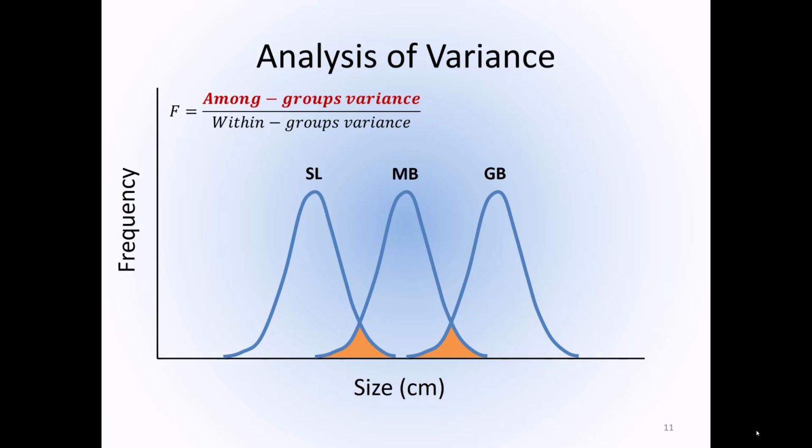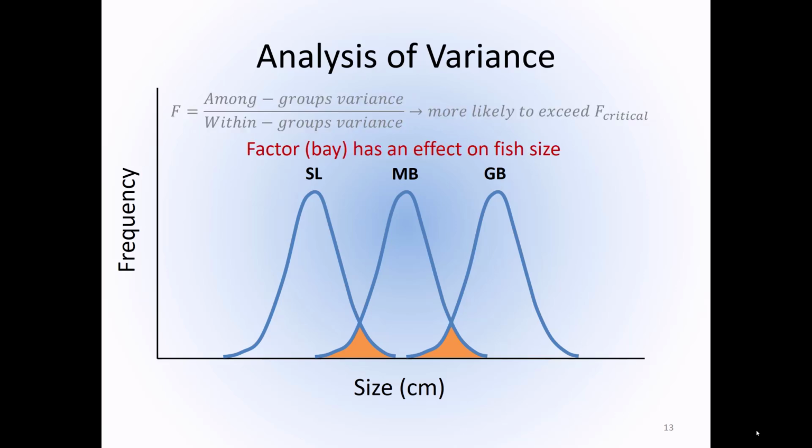And so as the value for F increases, we're going to have a greater likelihood of exceeding our critical value, and in turn we're going to have a greater likelihood of rejecting the null hypothesis that these bays are the same. And it's going to suggest that this particular factor of interest, bay, has an important effect on the size